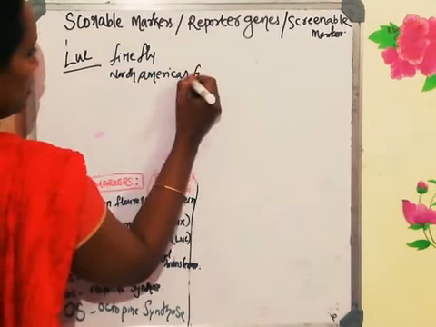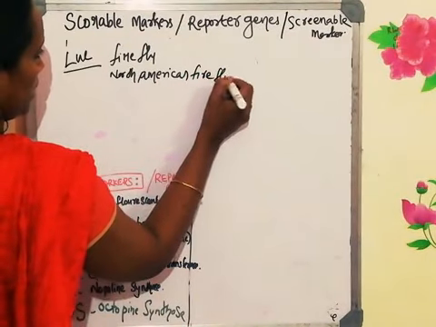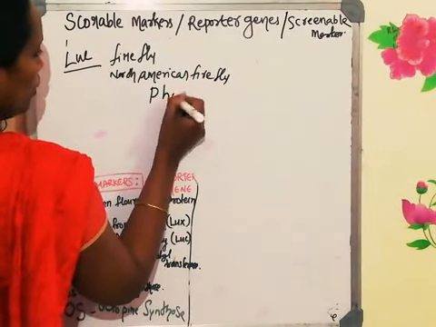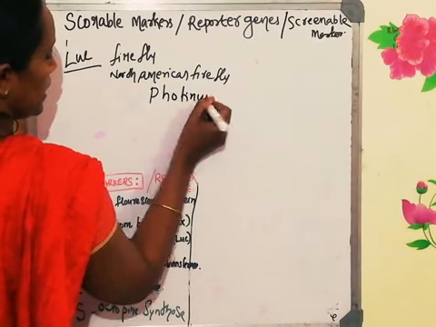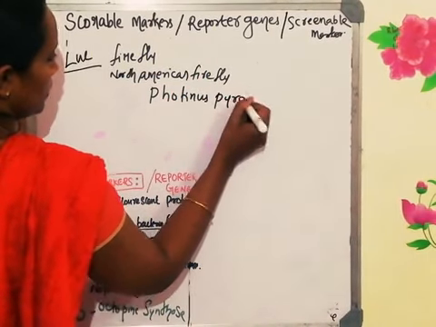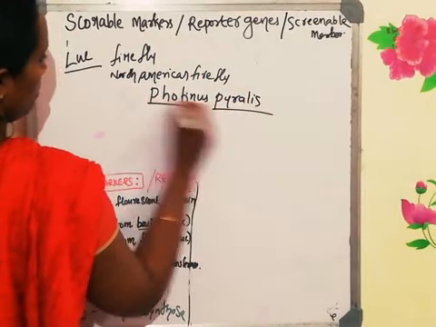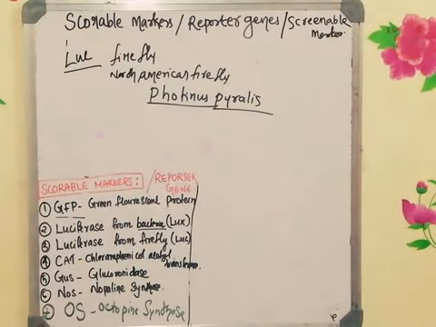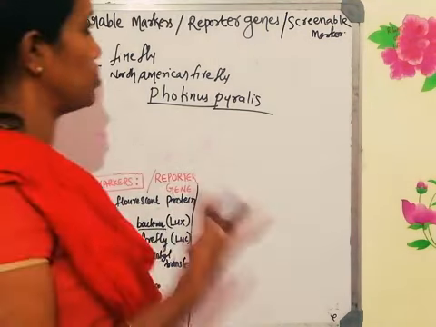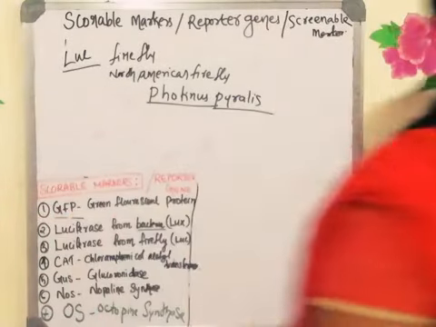North American firefly. The name of the firefly is Photinus pyralis. This also you have to remember. The luciferase LUC is isolated from a North American firefly, Photinus pyralis. Photinus pyralis is the organism or the firefly from which this luciferase gene is isolated, and this is used widely as the reporter gene.